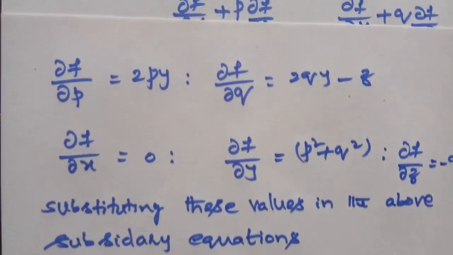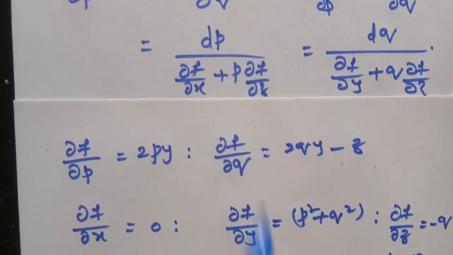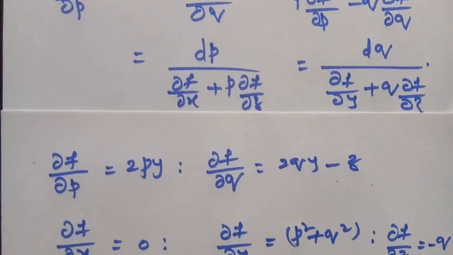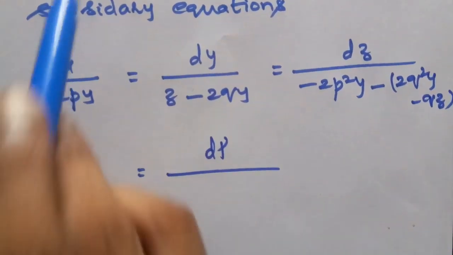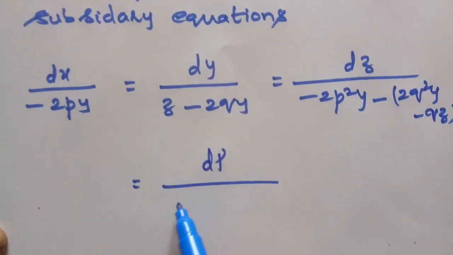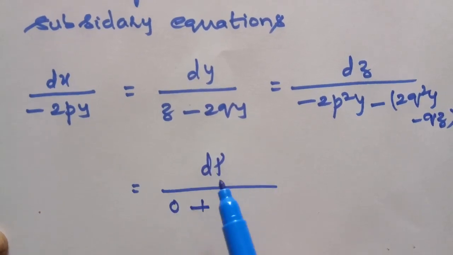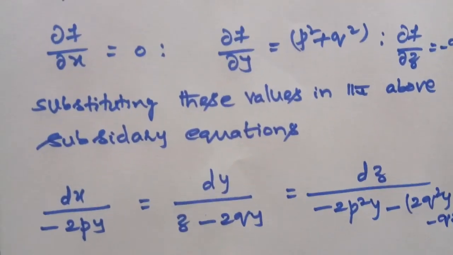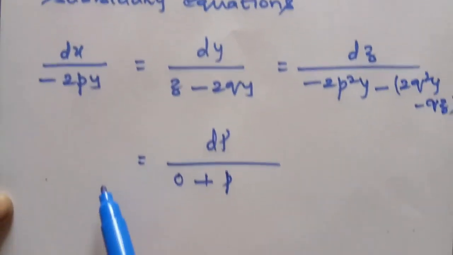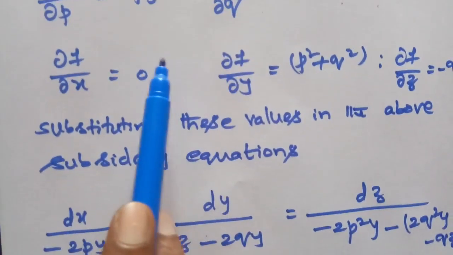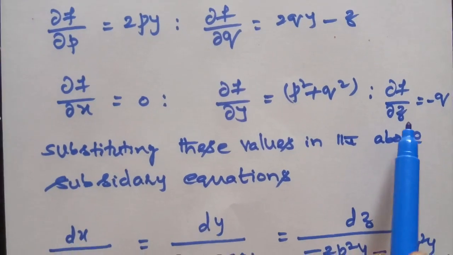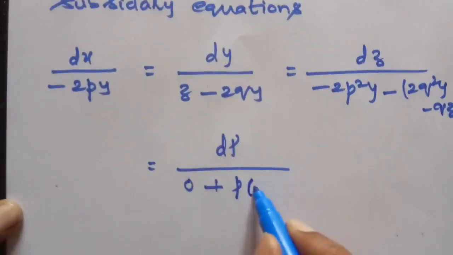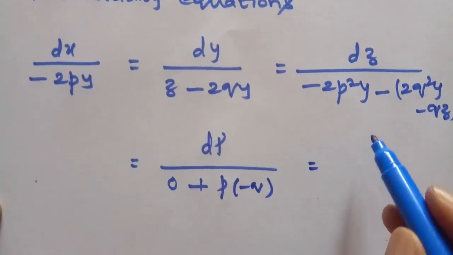now dp by dou f by dou x plus p into dou f by dou z. Now dp by dou f by dou x is 0, plus p into dou f by dou z. Dou f by dou z, that is minus q, is equal to